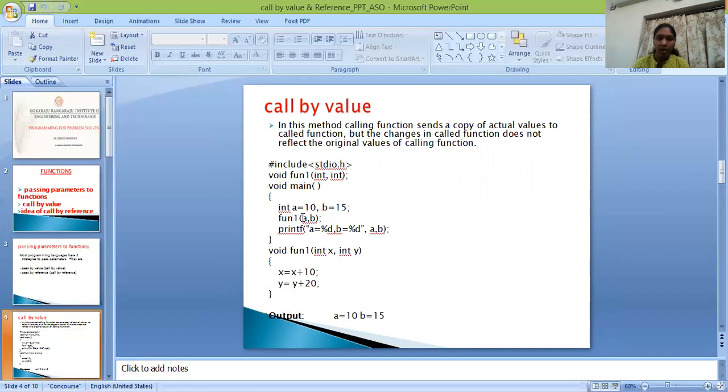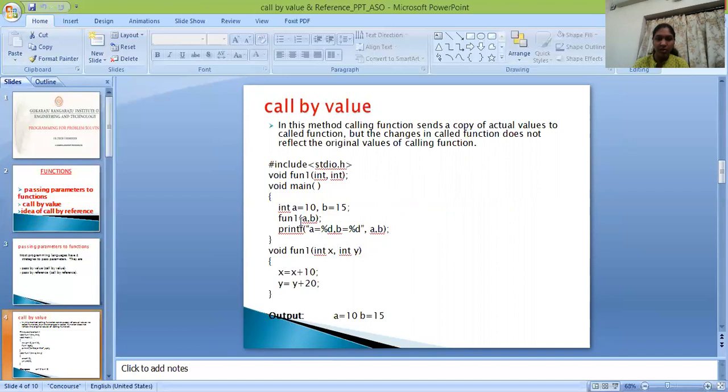So here I can take call by value. These values cannot change throughout the program. Just the values will be used.